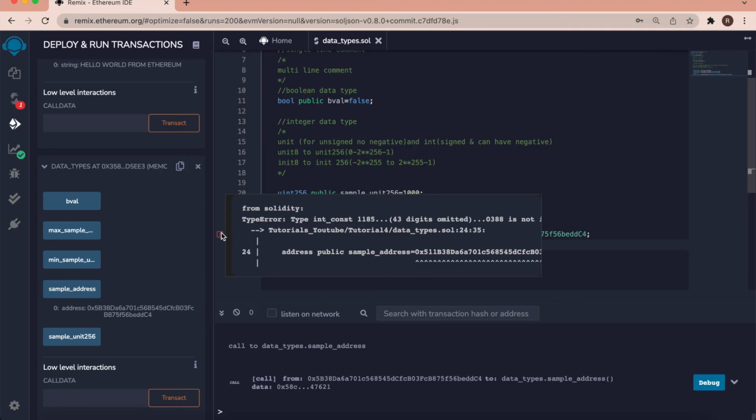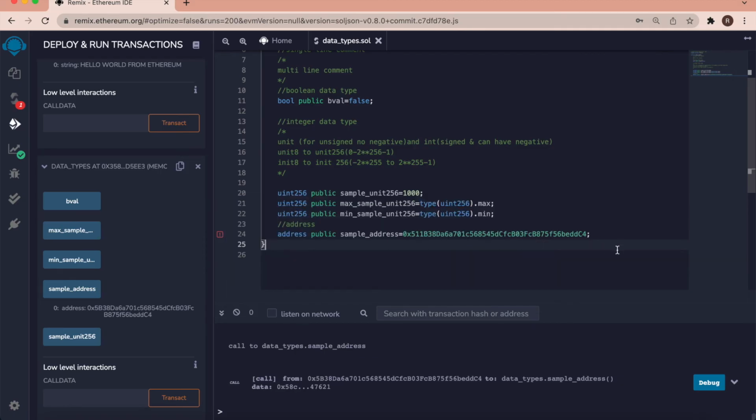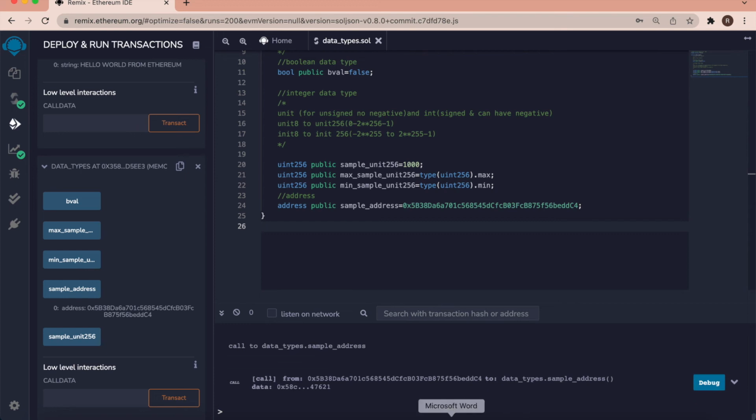It is saying this is something not valid. Okay, so that is why it should always be a valid address. Okay, so the next thing is going to be